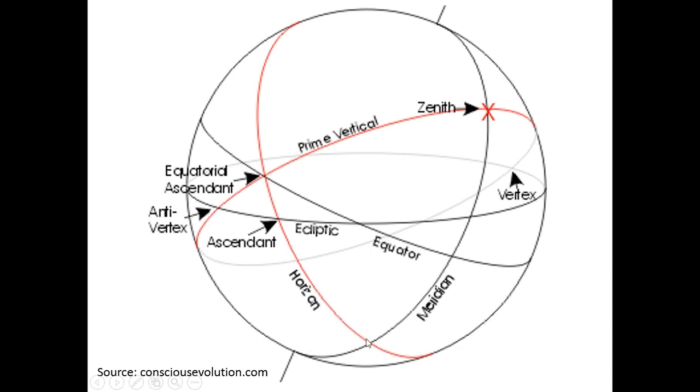And then a quarter of the way from the meridian is a vertical circle. The horizon is a horizontal circle, meridian is a vertical circle. We intersect that meridian 90 degrees, a quadrant, and we get the prime vertical. And so that prime vertical creates the equatorial ascendant, which again can fall either first or 12th house cusp, and it'll create what they like to call